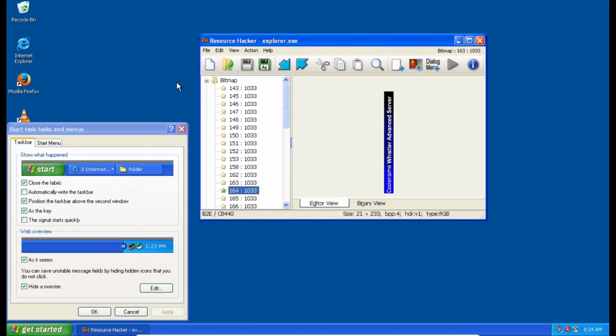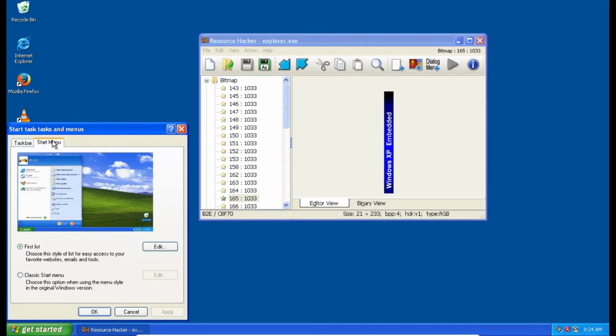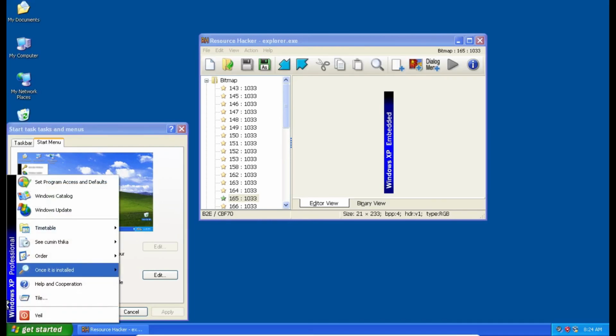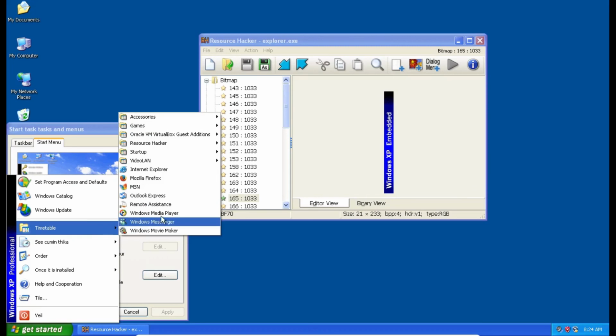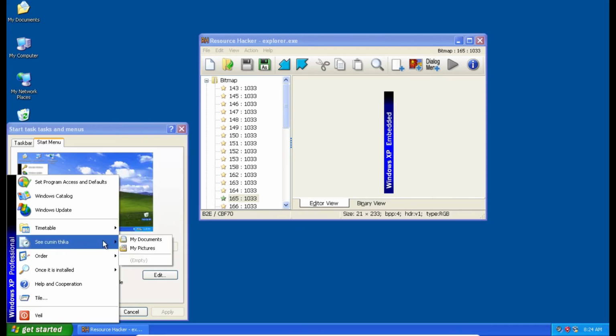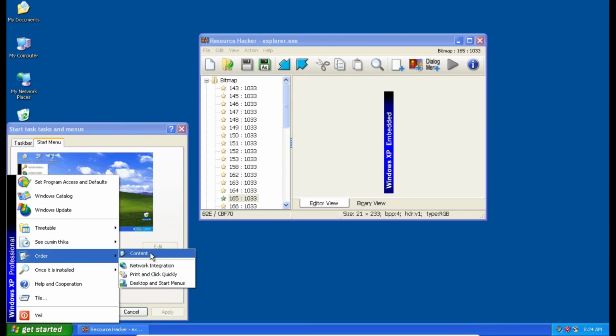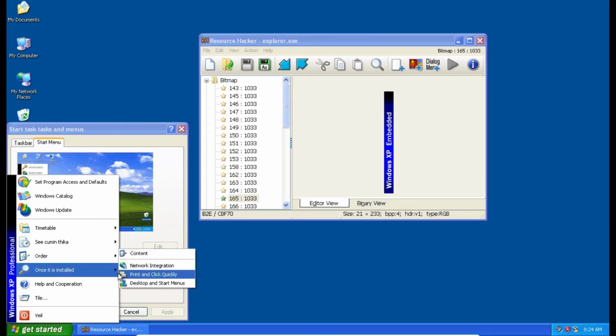It looks like some of the, if we go into start menu section here and choose the classic start menu here, it looks like this text off to the side, you can also change. Oh, that's where this changed. It was in the classic start menu, so let's go through here quick. So we have timetable here, we have "C Kumantika," which I don't even know what that means, but that's what came out. We have order, and we have content in there. Once it is installed in here,